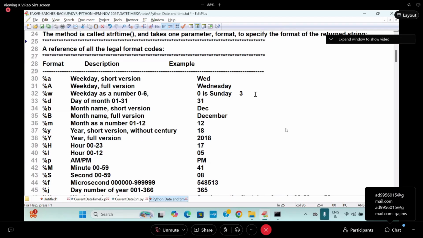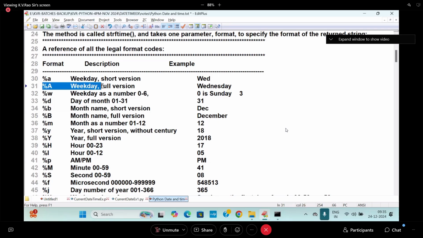So come on, start with format, description, example. %a will give you what? Weekday, the short version will be coming, WED. %A, weekday, full version. That is called what? Wednesday. So if we go to my program,